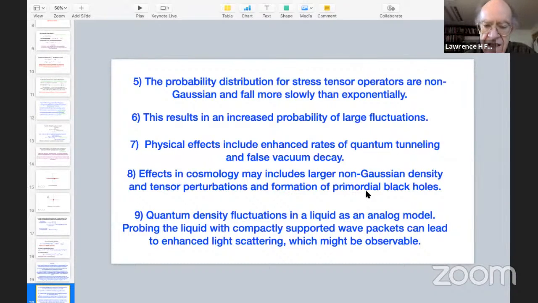Now, it's true, there is a possibility of creating larger black holes that could still be around today and possibly be dark matter. That's probably a little less likely from this mechanism, unless the quantum stress tensor fluctuations were a trigger for something else, that the large fluctuation triggered the gravitational collapse of something that otherwise was classically unstable. But that's something where more work needs to be done.